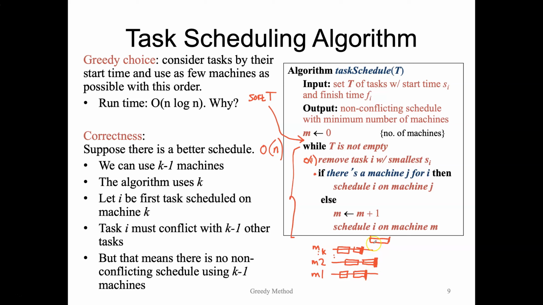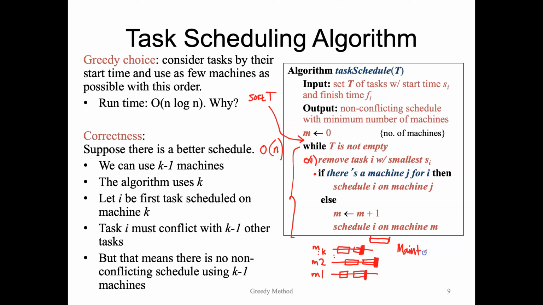But again, we want to avoid comparing this task to every single machine. So instead, we're going to keep track of which machine so far has the earliest last end time. Of all of these last task end times that we're keeping track of, we're going to figure out which one of them is earliest. Now, we can't sort them initially because we could have n of them, and we would have to sort it each time, which would be n log n time to just sort it once. So instead, we're going to